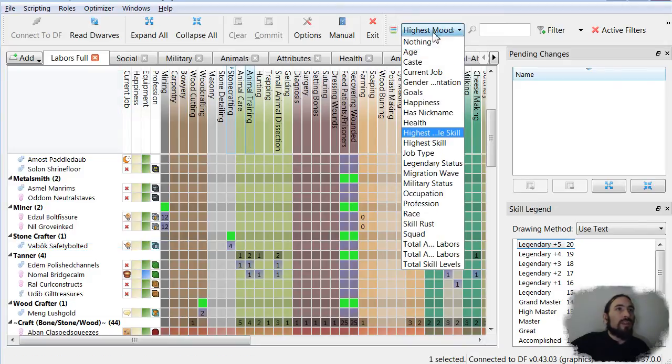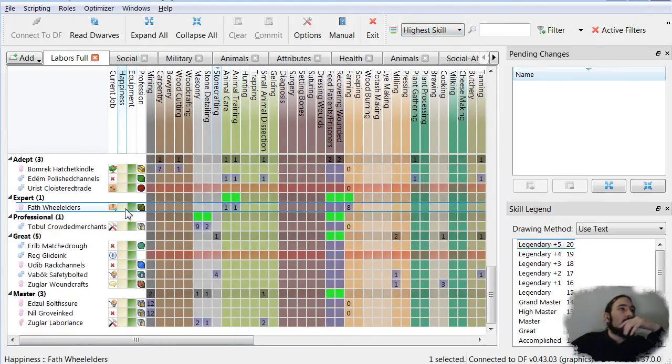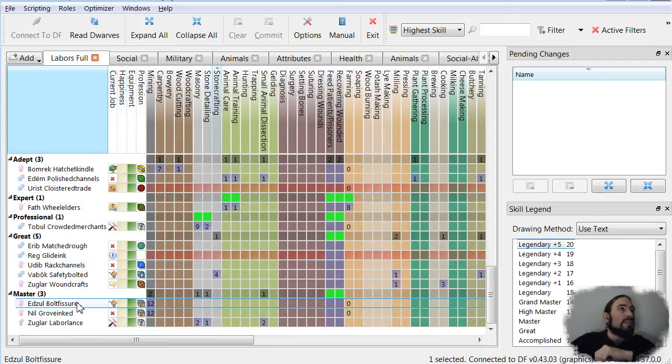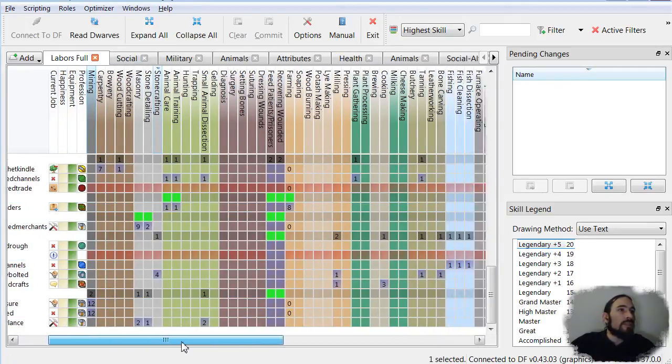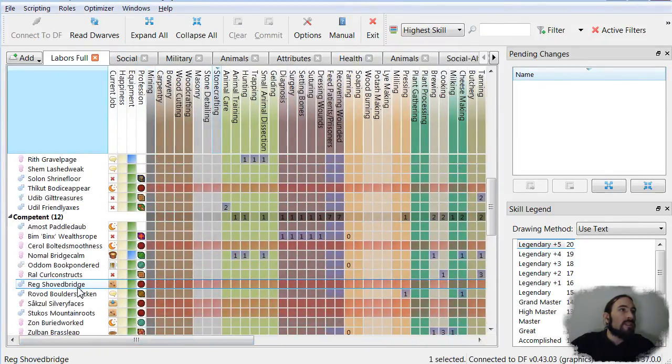Okay, I'm not looking at this right, am I? Highest moodable skill. Oh, okay. Highest skill. Here we go. This is it. Adequate, expert, great, master. Okay, so we don't seem to have any legendaries here, but we've got master miners. I thought you shot up to legendary status the second you got